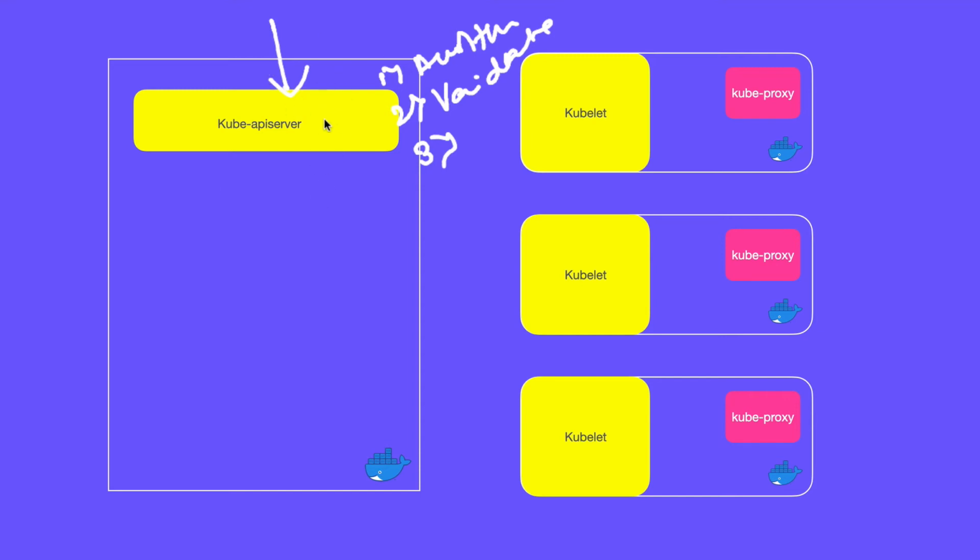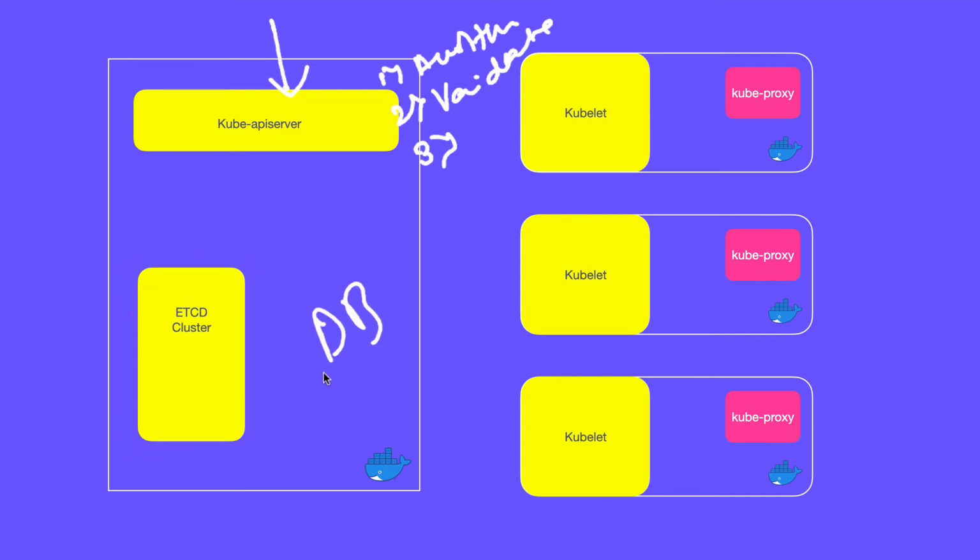And we will look at it in more detail when we reach the part where we connect the dots between all of these components. The next component we are going to discuss is etcd cluster. So etcd is nothing but a database of the whole cluster. So it is the database that maintains the information about the whole cluster in key value format. So it will have all the records such as the number of nodes in the cluster, number of pods, what kind of applications are running. Everything is recorded in this database.